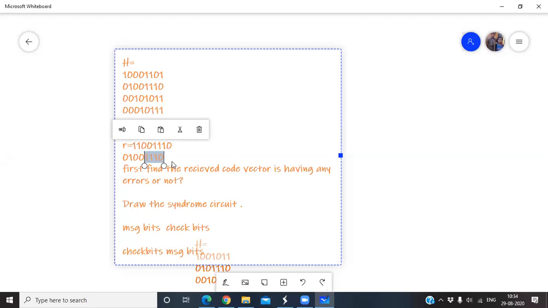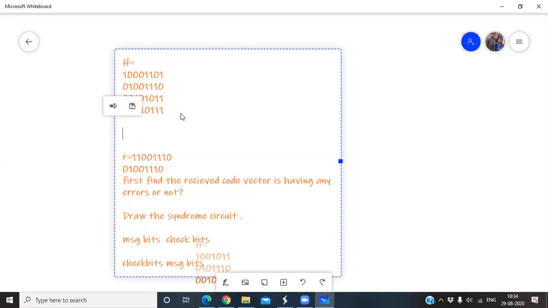Okay. Actually, before that, you told me no sir, this code word is not available in your list. But now tell me, is it available or not? This is available in your list. So message bits are 1110, check bits are 0100. Right? Suppose the same matrix. Do one thing. The same parity check matrix. First write the submatrix.